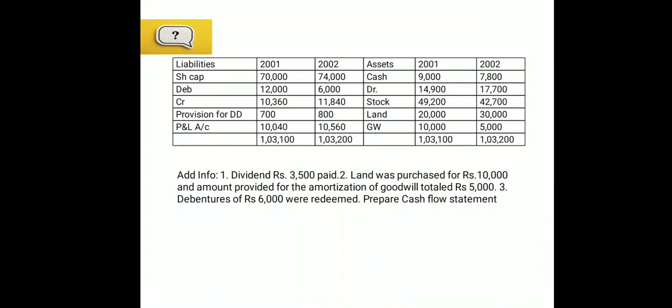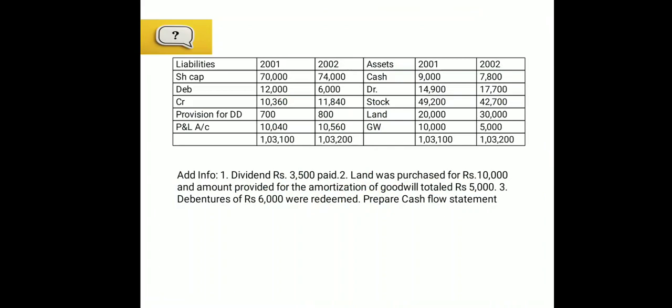On the asset side we have, very first, cash, and we know very well that at the end we need to adjust the cash opening balance and closing balance. Then we have debtors, which is a current asset. Again we will check the increase and decrease, and make the adjustment accordingly while calculating cash flow from operating activity.